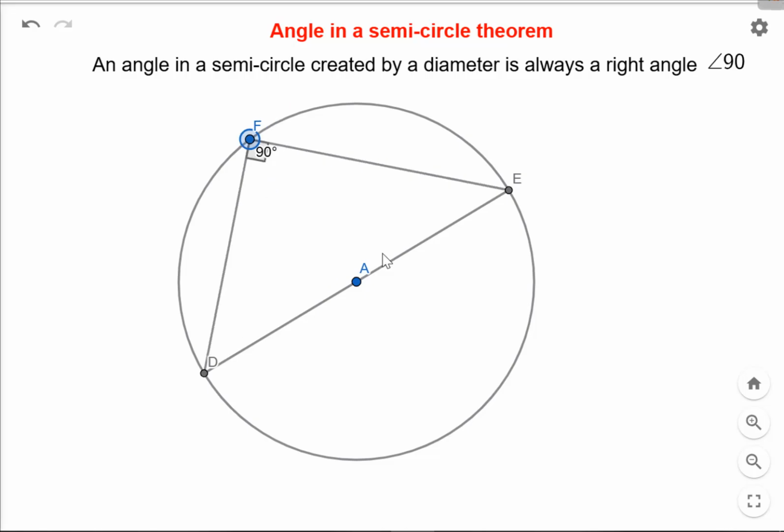Now why does this work? This works because you remember the angle created by a chord. The diameter is also a chord. Now let's measure the angle at the center. Watch this. Angle DAE